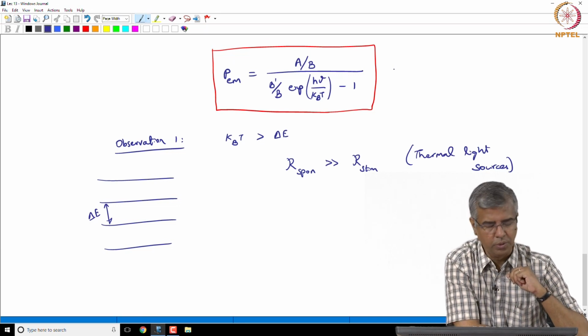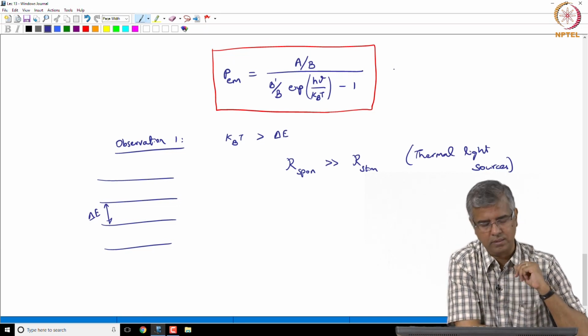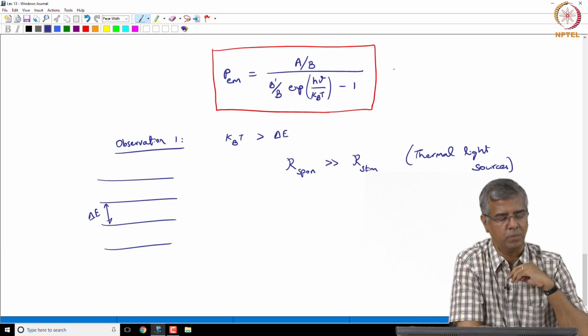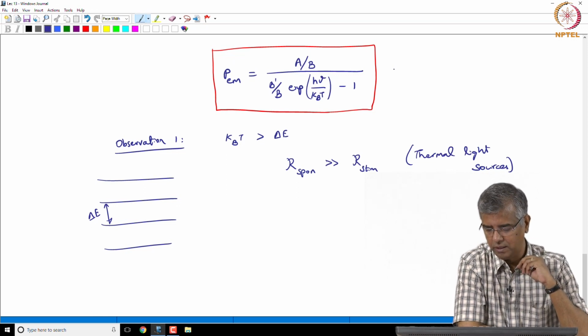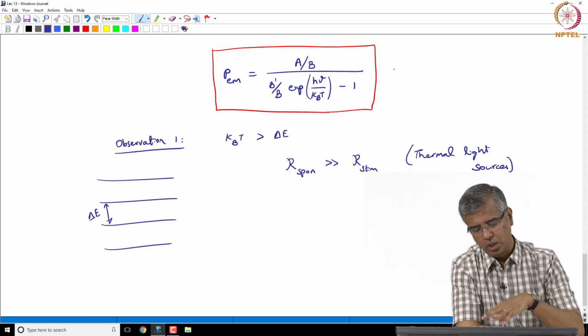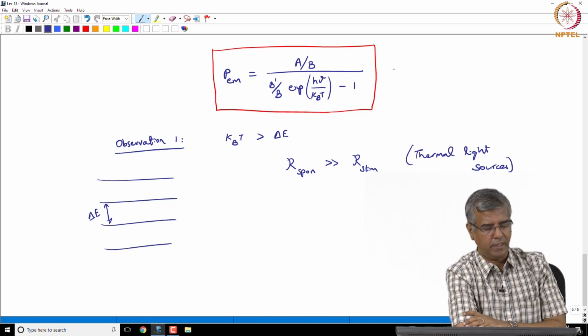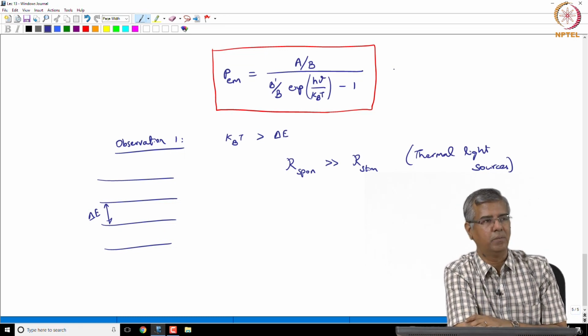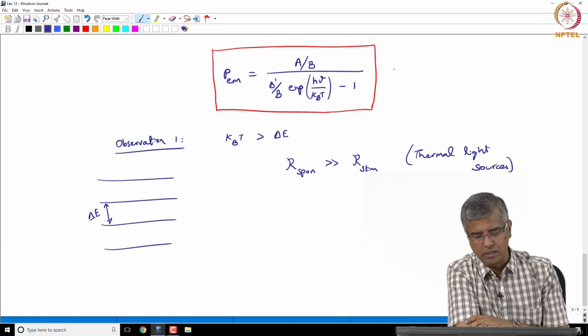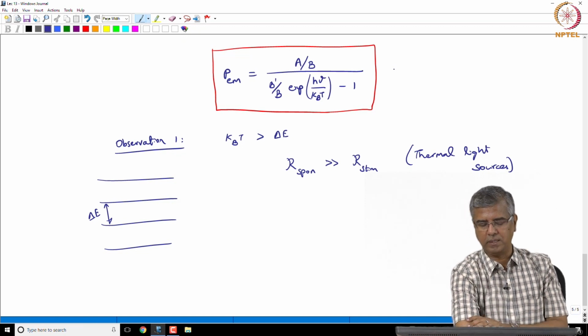So, N2 is less than N1 as far as thermal equilibrium conditions are concerned. So, because of that we will see that the spontaneous emission rate is more probable compared to the stimulated emission